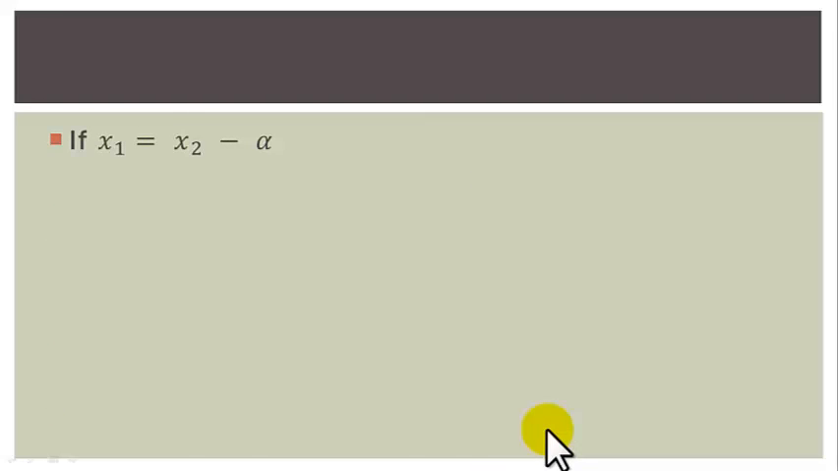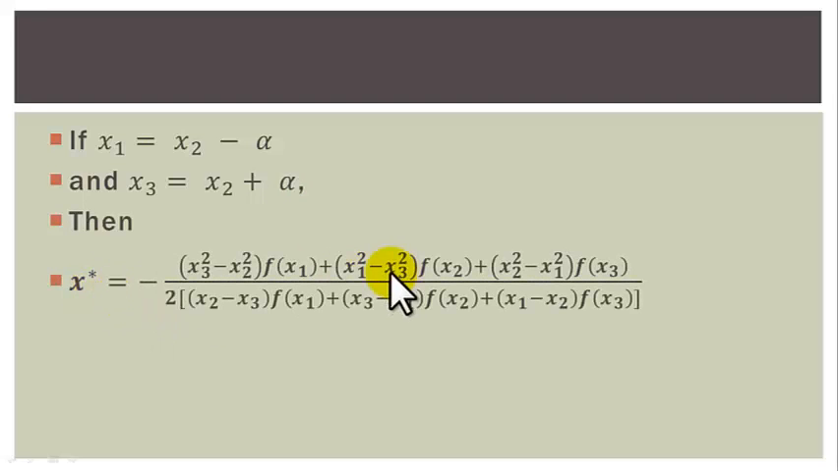Please note that if the points x1 and x2 are selected in such a way that x1 is equal to x2 minus alpha and x3 is equal to x2 plus alpha, where alpha is a constant, then our x star, which is this, will now become this,